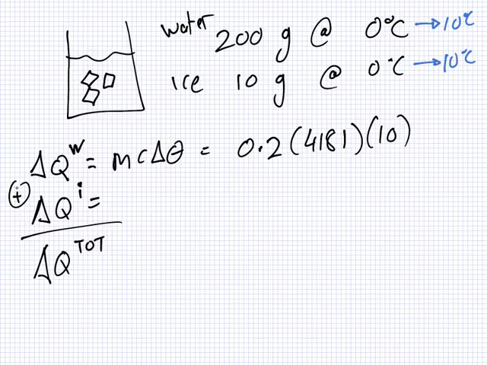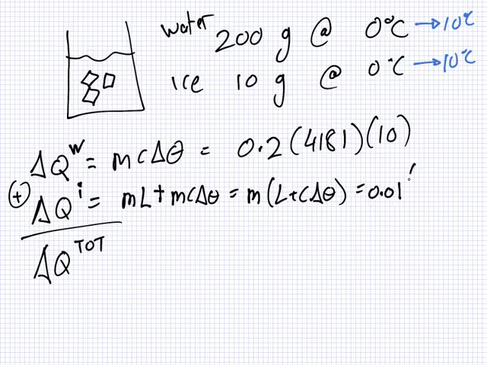Okay, the ice is a little bit harder. So it begins its life as ice at 0 and ends as water at 10. So first it has to melt. What's the formula for that? ml. So in this case, it's ml. And then after it melts, what happens next to it? Yeah, it becomes water and then it gets warmer. So then we also need a plus mc delta theta. So you can simplify that as just mL plus c delta theta, which will be